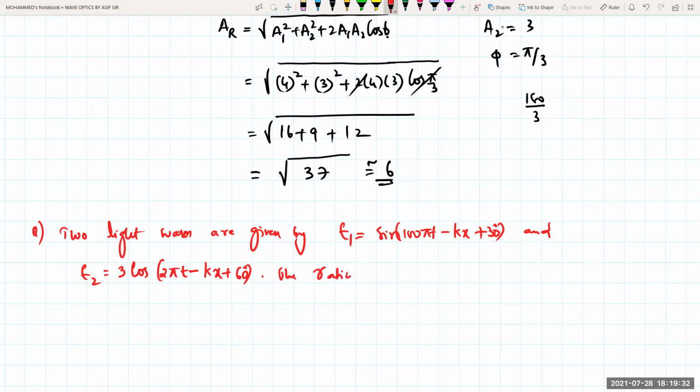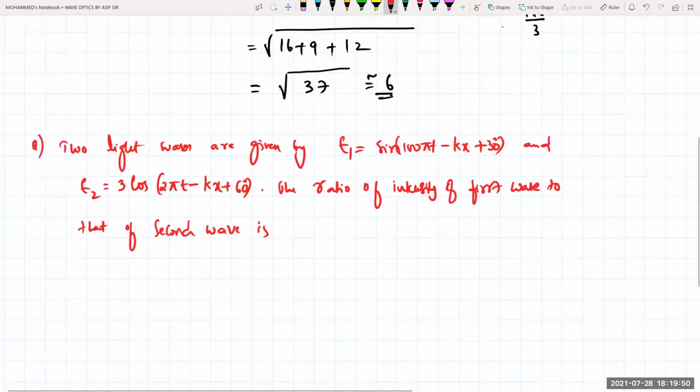The ratio of intensity of the first wave to that of the second wave is